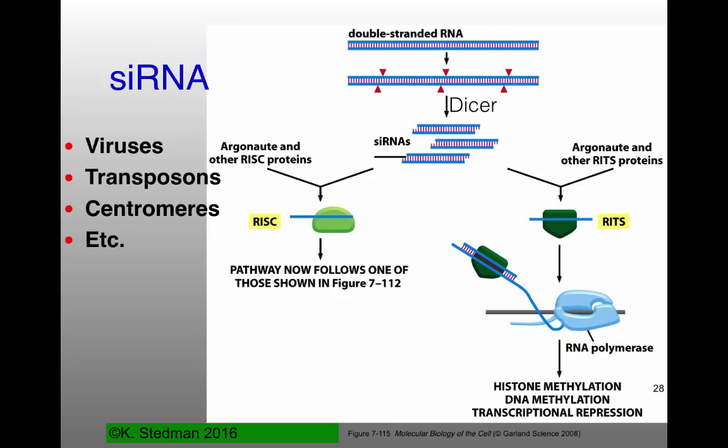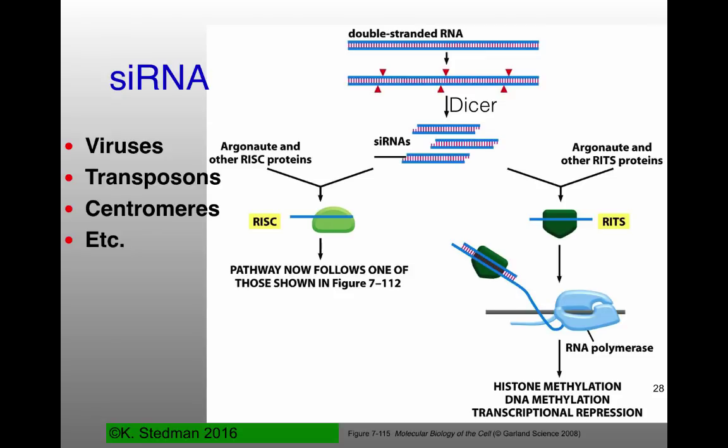Small interfering RNAs are usually exogenous RNAs, so it'll be a viral DNA which has come inside the cell, or in some cases random RNAs which are being transcribed from the genome, any of these copied RNAs. If you've got many, many copies of a particular kind of RNA, those are going to be all these repeated elements, like all those retrotransposons that we talked about way back when we talked about the structure of the genome. 40% of our genome are these retrotransposons.